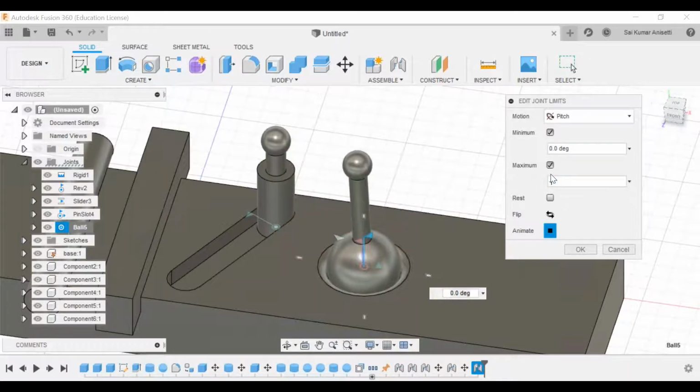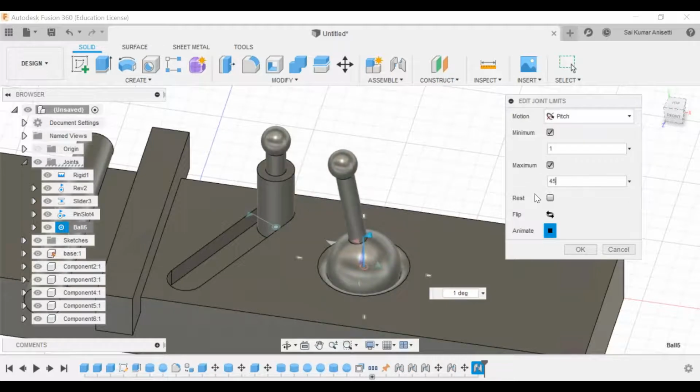Let me give -30, 0, minimum of 1 and maximum of 130, or what I'll do is I'll go with 45.